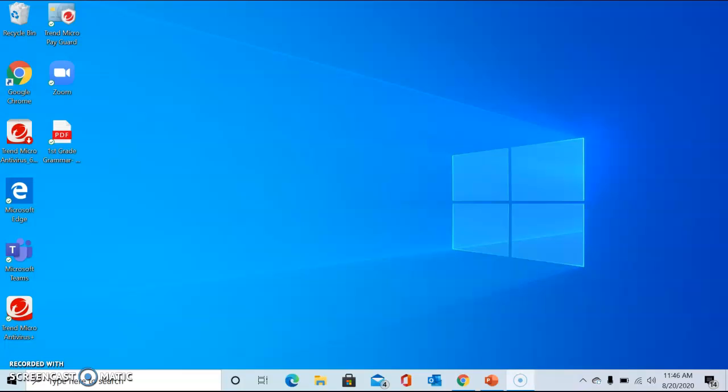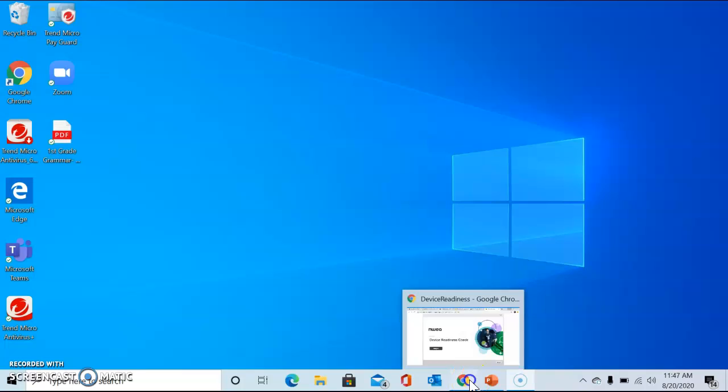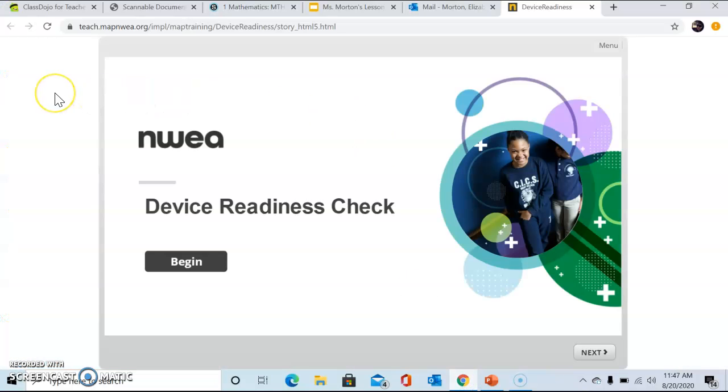So first of all, you want to make sure that you are using Chrome as your web browser. That is the optimal web browser. There will be fewer complications or issues using that web browser as opposed to Firefox or Edge or Internet Explorer. So you'll click on Chrome, and then to make sure your device is ready, you'll go to this website,